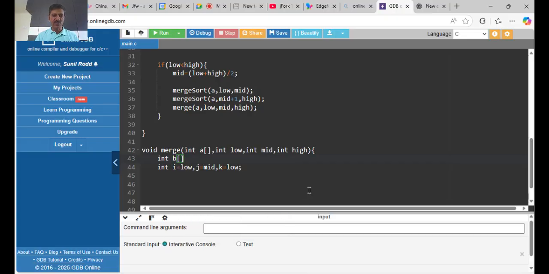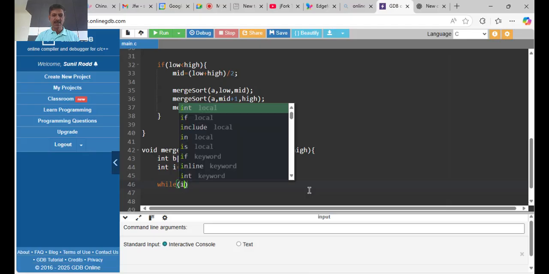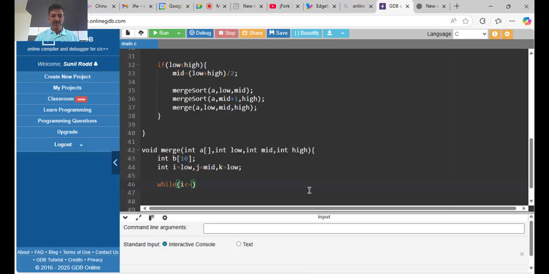We can set it to, let's say, 10 elements, so it is large enough to hold those 7 elements. Now here I need to check while i is less than or equal to mid and j is less than or equal to high,